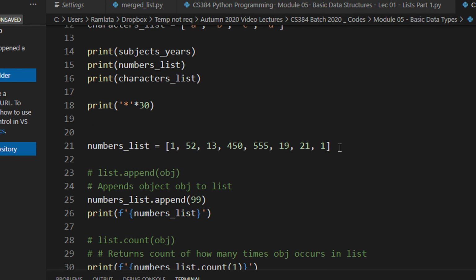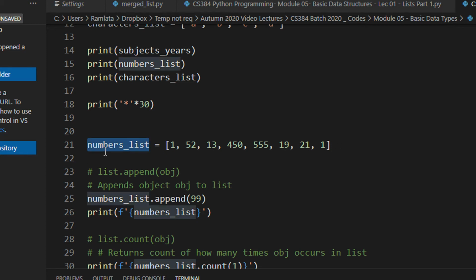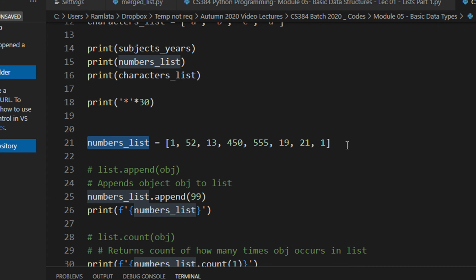Now, how do you add some objects to the list? Objects, because it can be int, float, character, anything. We have a number list here, and you have to use the append operation. So what will append do? Basically, in this list, you will add 99 at the end. Let us write here exit and then try to print the output.